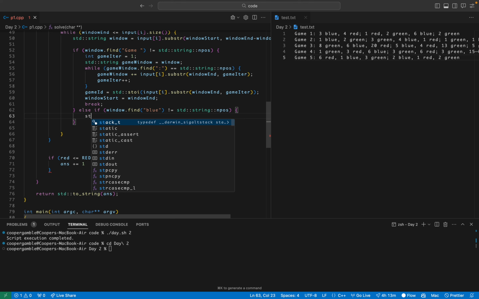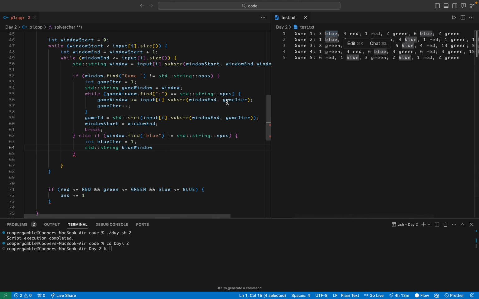But there's one really important distinction. When we were looking for the game ID, we were searching after the word game. But now, when we're looking for the amount of cubes pulled, we need to search before. So our window needs to be moving or expanding backwards, which is fine. We know how to do that, or we can engineer a way to do that. But it makes things slightly more complicated. So our blue window is going to start now